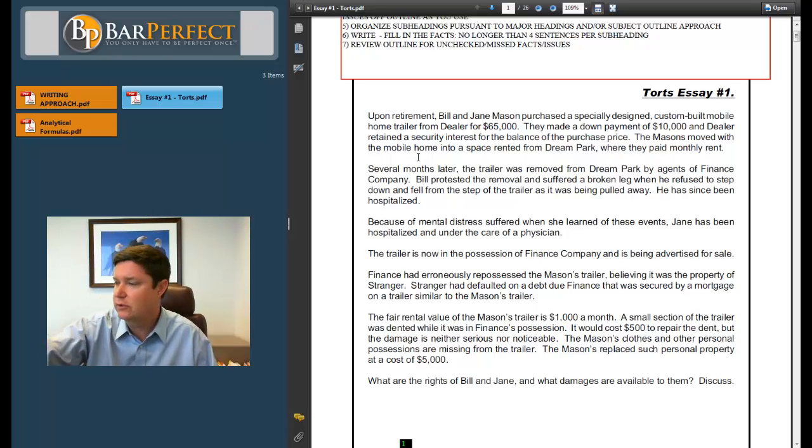So I'm looking through it. Upon retirement, they get a home, they make a down payment, several months later it's taken away, she goes through some distress, the people that take their home have it, and they incur all these damages to the home. Okay, so I kind of have an idea. Like I said, this is a torts essay, maybe some intentional torts, some negligence, but I'm not grasping it in detail. I'm not spending too much time on this. So we're going to back up,